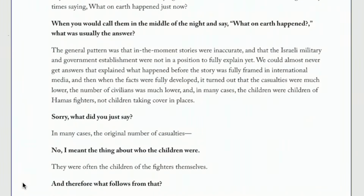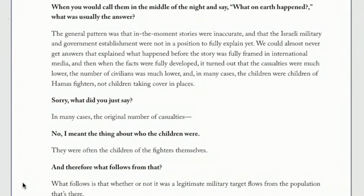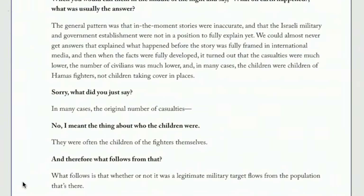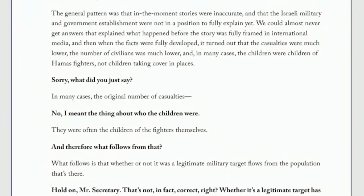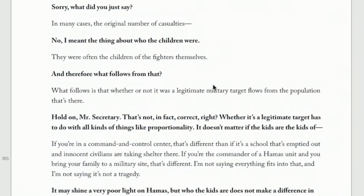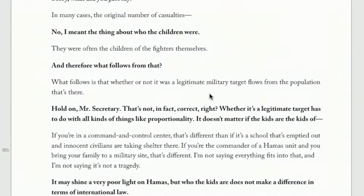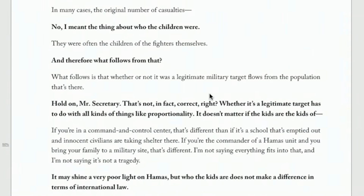Lew: In many cases, the original number of casualties. Chotiner: No, I mean the thing about who the children were. Lew: They were often the children of the fighters themselves. Chotiner: And therefore, what follows from that? Lew: What follows is that whether or not it was a legitimate military target flows from the population that's there. Chotiner: Hold on, Mr. Secretary. That's not in fact correct, right? Whether it's a legitimate target has to do with all kinds of things like proportionality. It doesn't matter if the kids are the kids of...